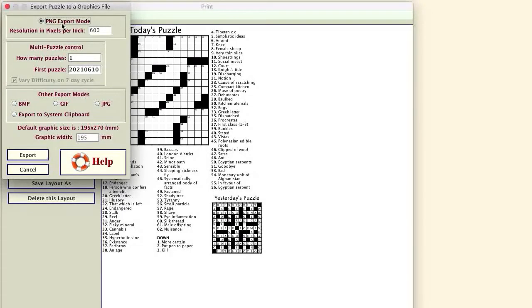Normally I would expect you to use the PNG export mode, and the reason for that is because of this item here. You can actually set the resolution that you want to use. You could set 72 or 300, which is often required by publishers, but I have set 600 just to show how good a resolution you can get. So let's export,